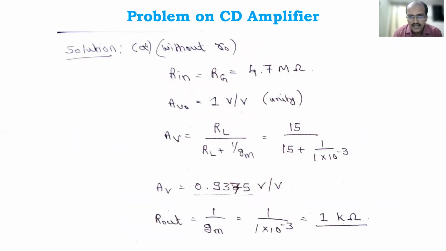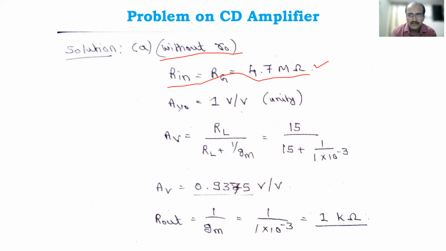We will not consider the model here, you can go through the same thing. We'll consider the without r naught case, and you have the formulas handy with you if you have written down the notes I have sent you. So Rin equal to Rg, the same 4.7 mega ohm. Be careful what value of Rg is given, and equate to that; it is not always 4.7 mega ohm. In this problem, as in the previous problem, the same values are given, that's why this Rin value is the same.